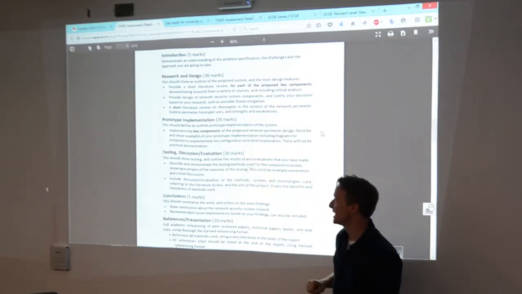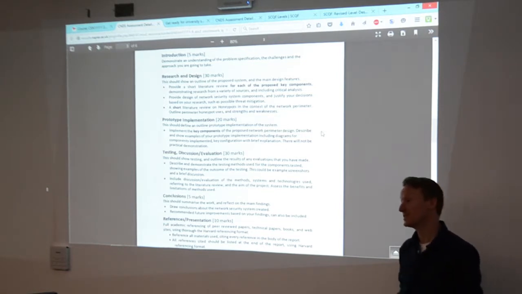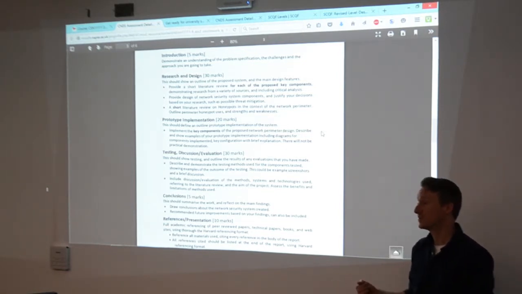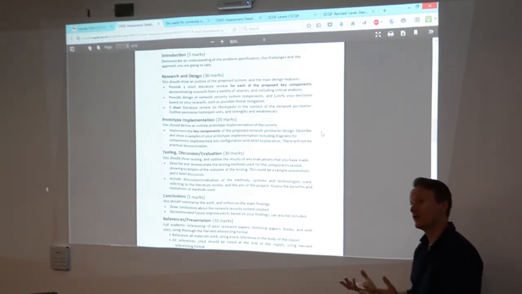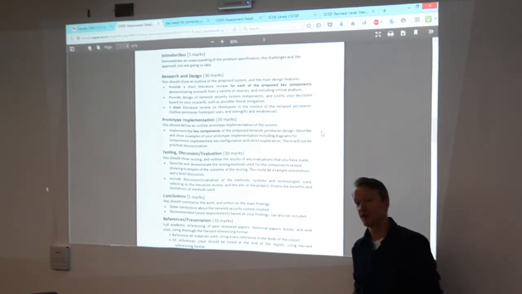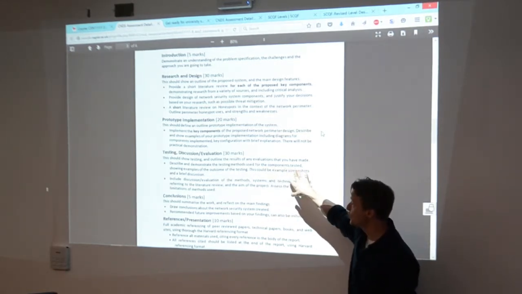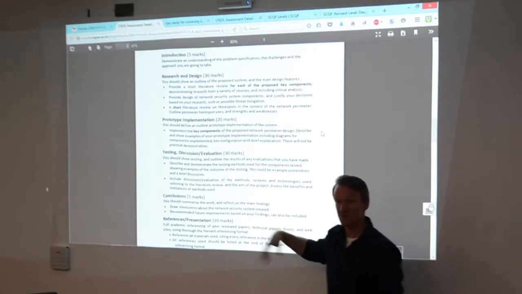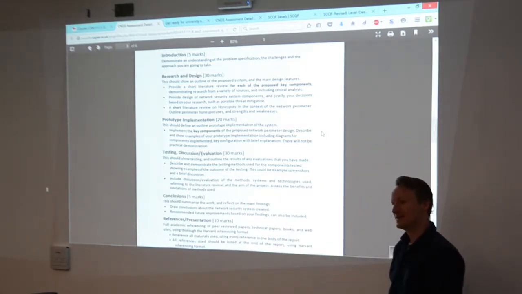Okay, so if we go on to testing, so you maybe use some test tools. We've used some tools in the lab, some quite basic things. What sort of tools for testing have we used for some of the stuff we've done? Nmap, for example, pings for connectivity, that sort of thing. We can use those. We can look at other ones like Firewalk and some of the other firewall tools, perhaps. But again, pop some screenshots in, but put some discussion. Put something that shows something, that evaluates, that discusses what you've done and the good and bad points about it.